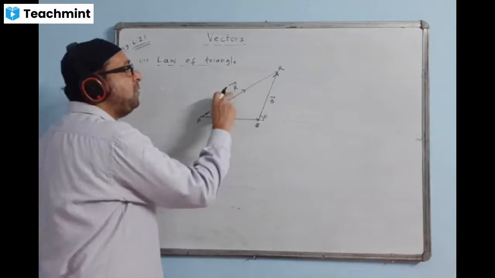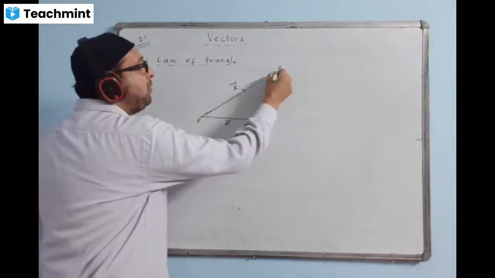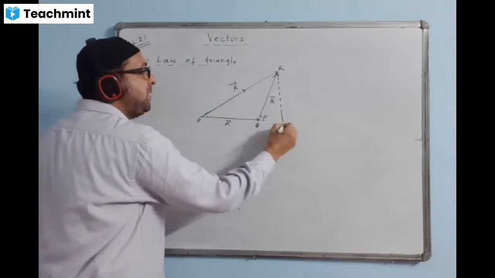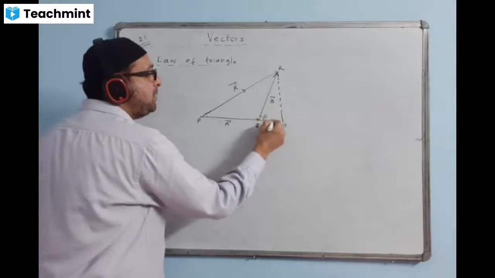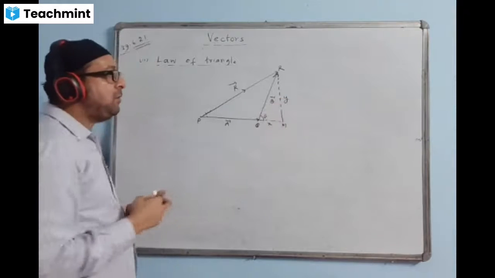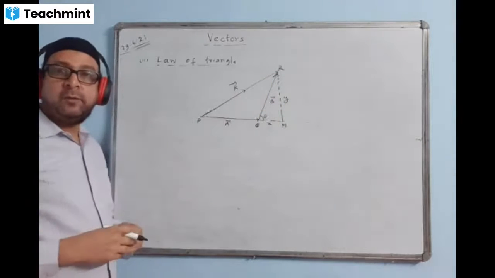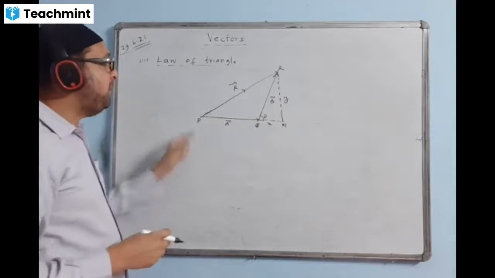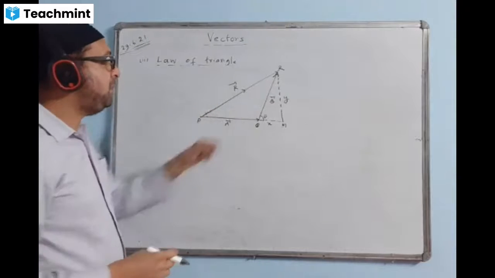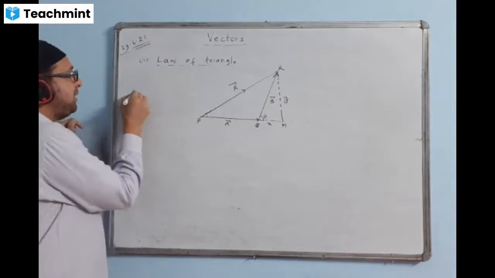How to find the magnitude of R? The same way we do. We drop a perpendicular here like this. This is M. This is B. So this one we will take as X. This one we will take as Y. And now first take this triangle. I think we will do the same way as we had done before in parallelogram. We'll make this triangle, and then the X value will come. You can write cos theta first in the triangle.